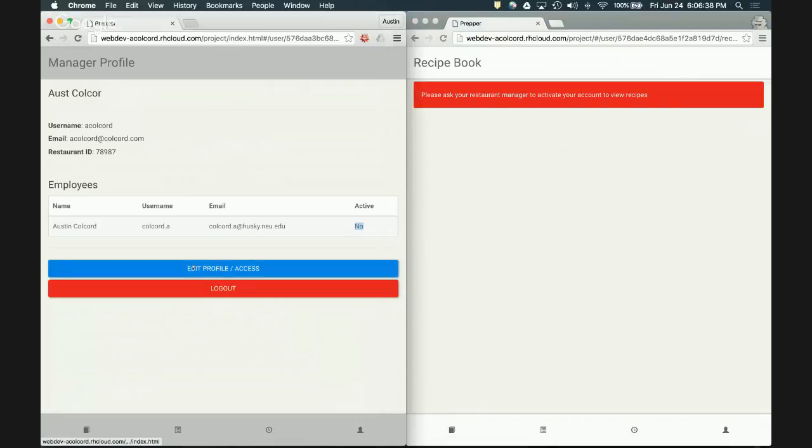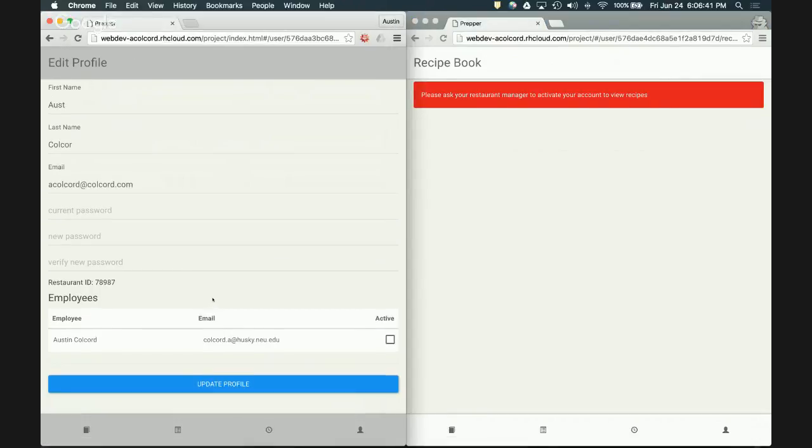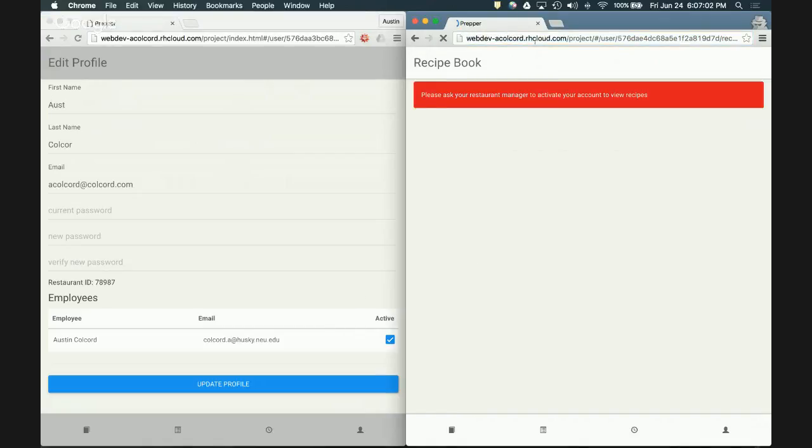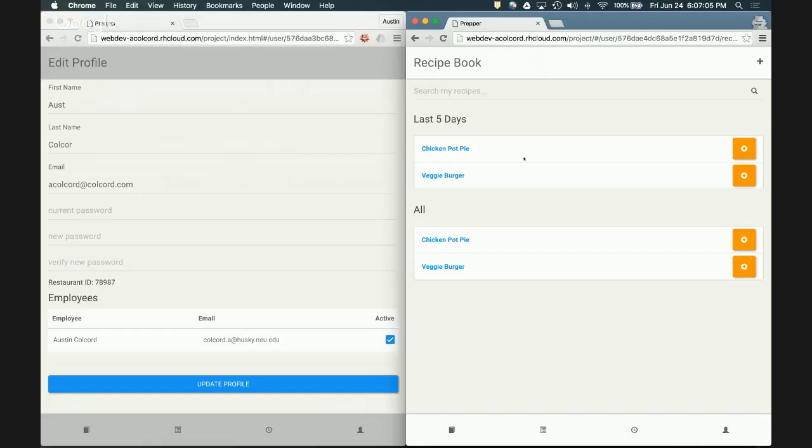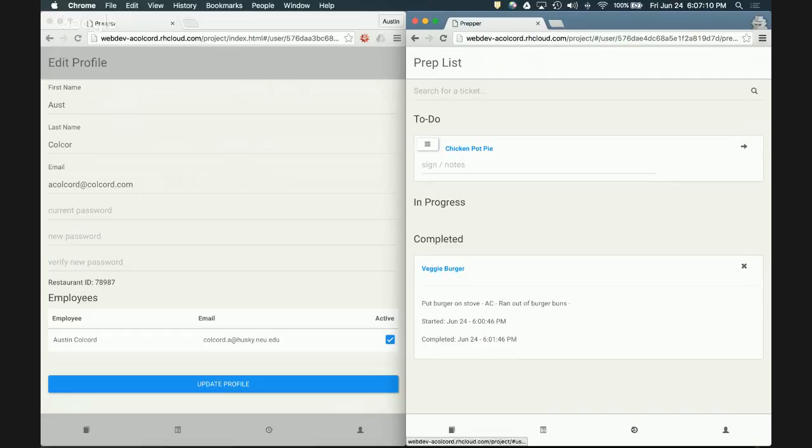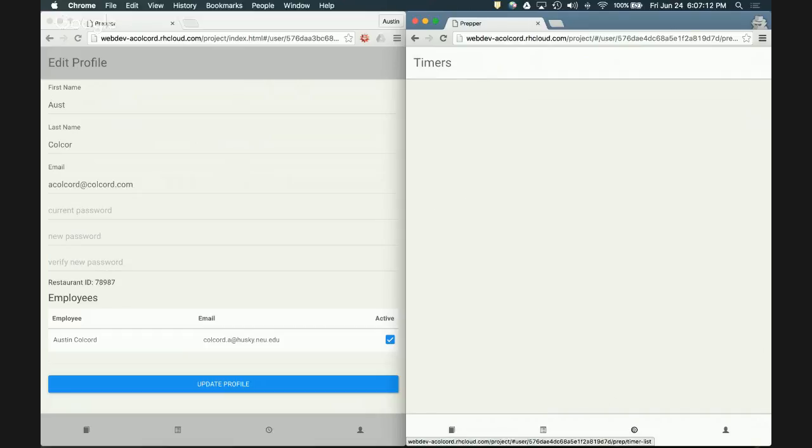The manager would say edit profile and access, and they would simply check the box to update that. And that's it. Since this is a non-Google account, they can still update the profile information, but once this box is checked, it immediately activates this account over here. So we can refresh this page, and now we can see all the recipes for that restaurant, as well as the prep list and the timers,